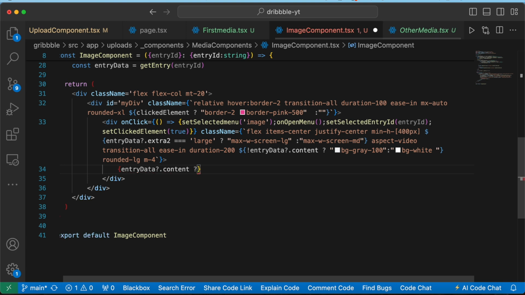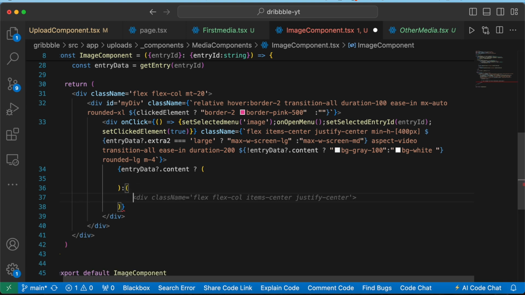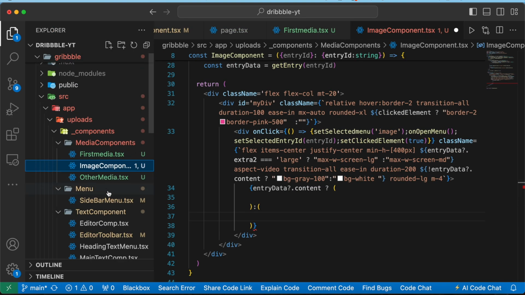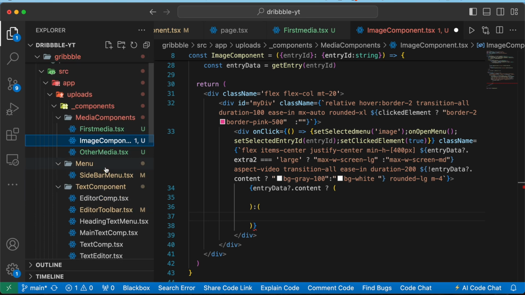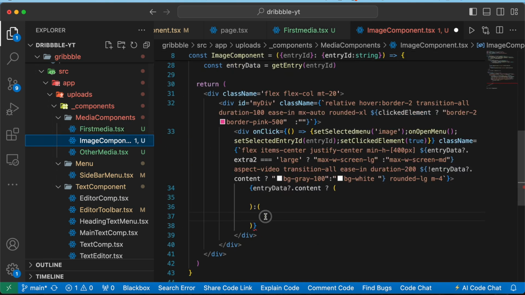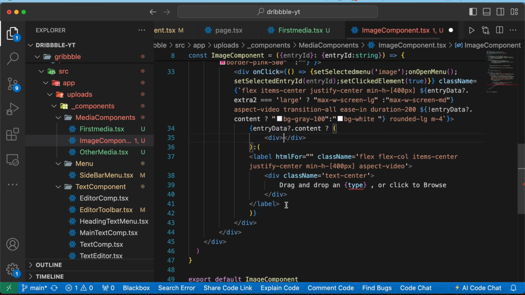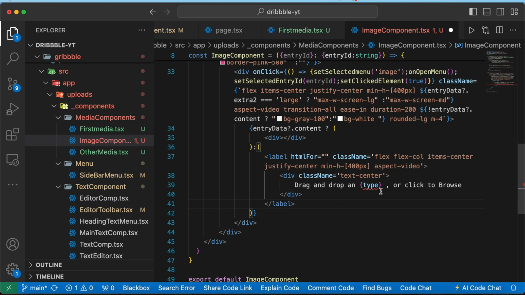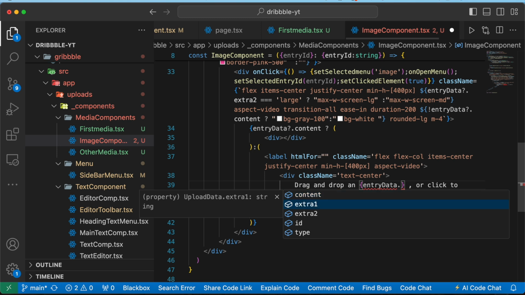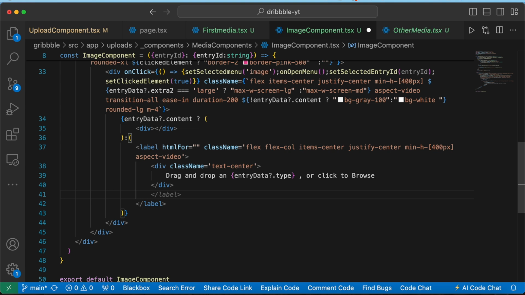If we have that, then we are going to render, otherwise we are going to have a label, so we can get that label from, I think we have in the first media. Yeah, this is it. So this will be the label. Let's write div for now here. Now inside the label here we are going to pass the type, so the type will be entry data dot type, and below this div we are going to have input, so that we can upload new images in that